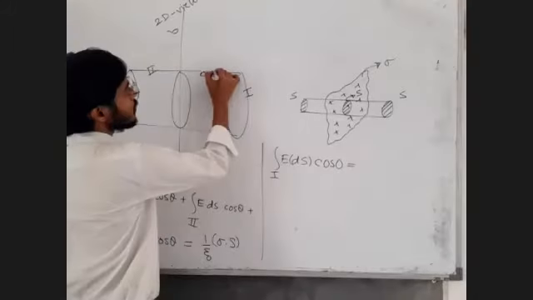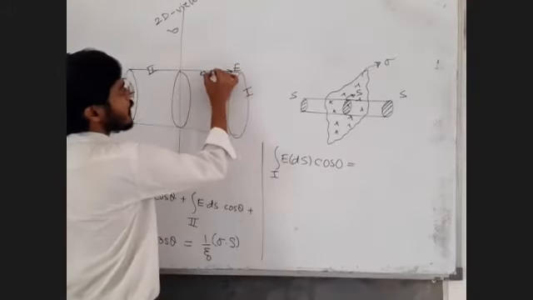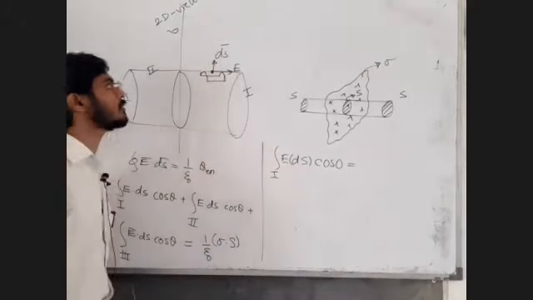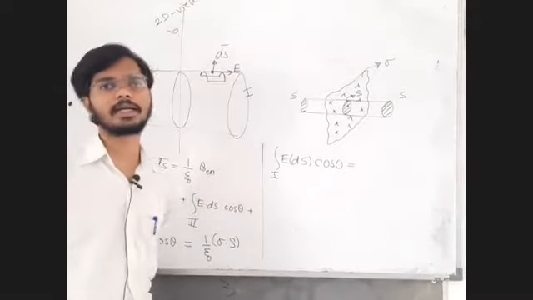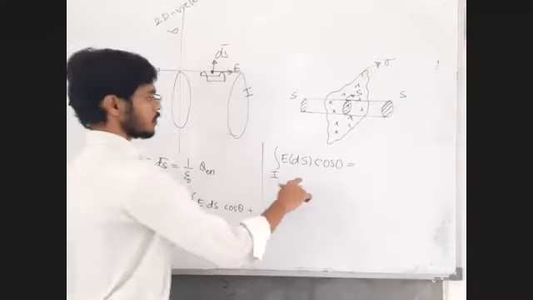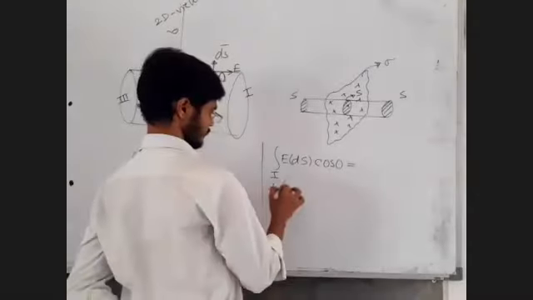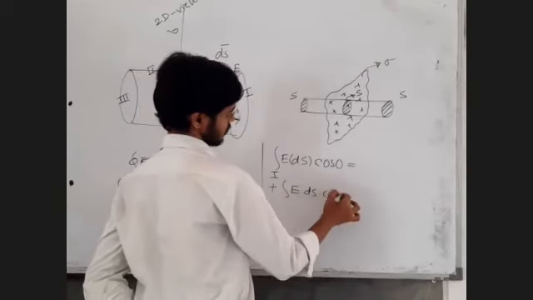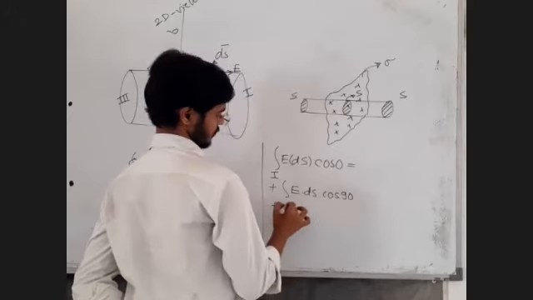This is going to be the electric field at that point. At that point, small point area is ds bar. So angle between area vector and electric field 90 degree. So over second area, EDS cos 90 plus